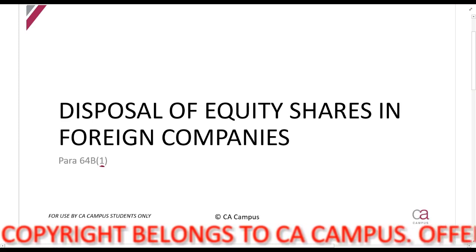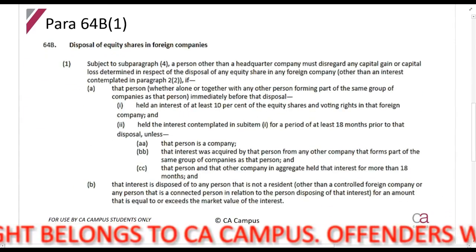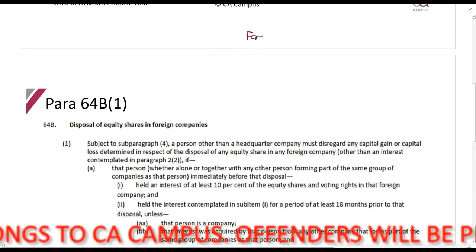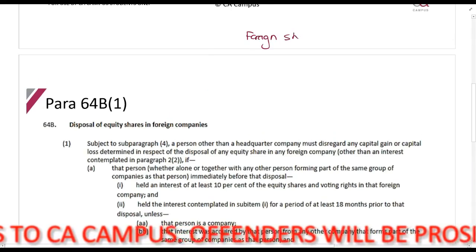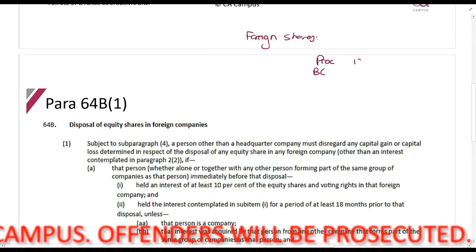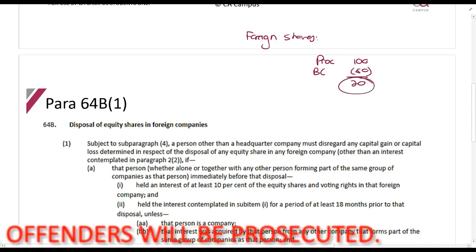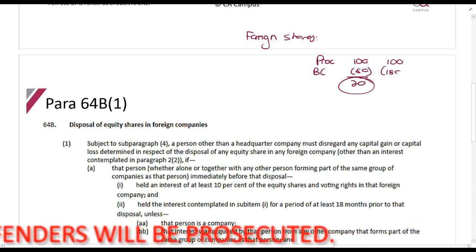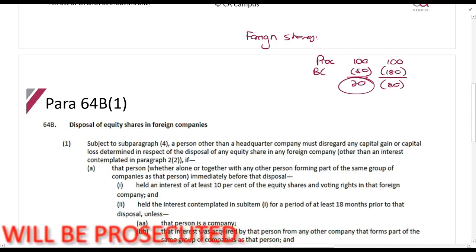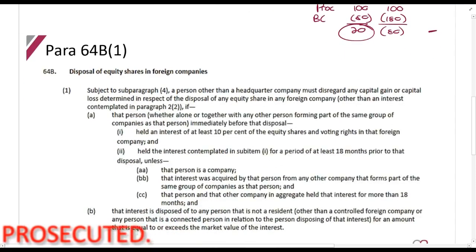This is disposal of equity shares in foreign companies. So the idea here is that if you had foreign shares and you dispose of it, so you'll say proceeds less base cost, right? Any capital gain or capital loss will be disregarded if this applies. So in any case, in your CGT column, basically, you won't put anything. What is it? It says,